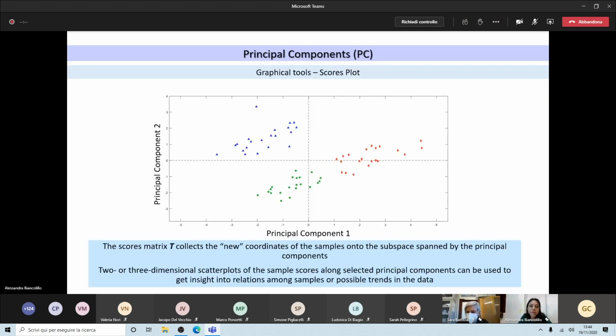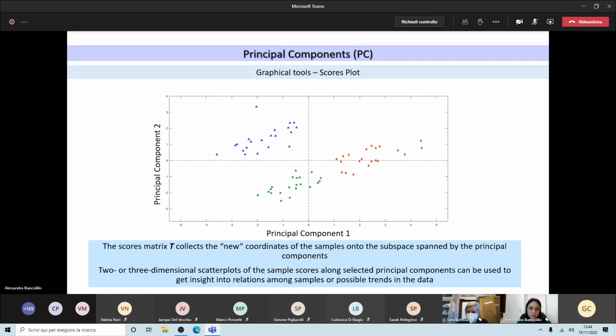The fact that we are working with a reduced set of variables where the information is compressed allows us to have some graphical tools. One of the most useful of these tools is the score plot, a plot like the one shown here. We can realize a score plot by projecting our samples onto the space spanned by the first principal components.